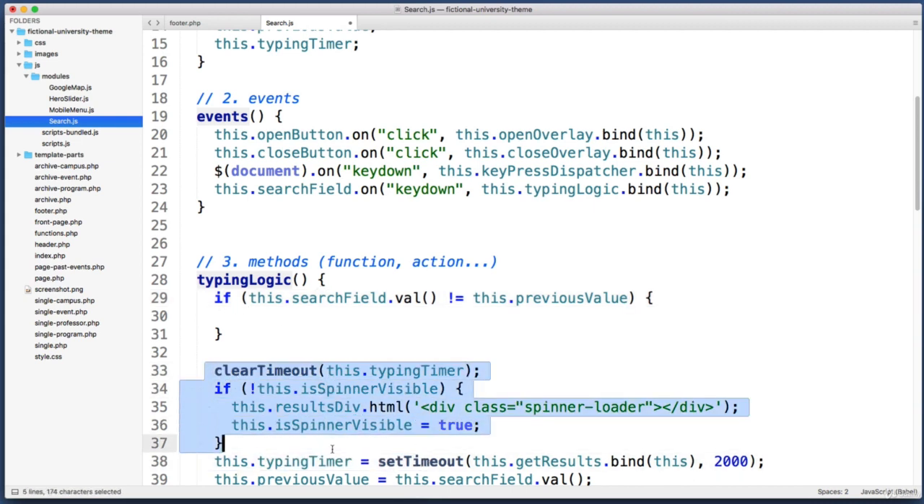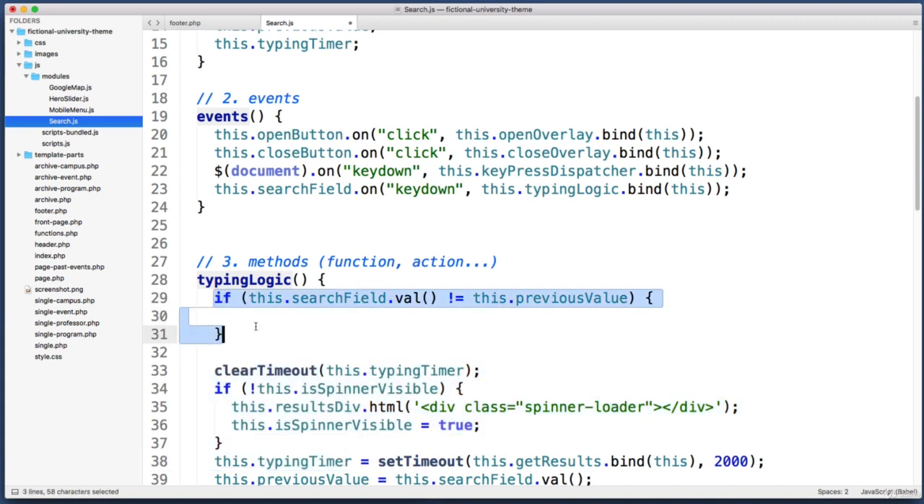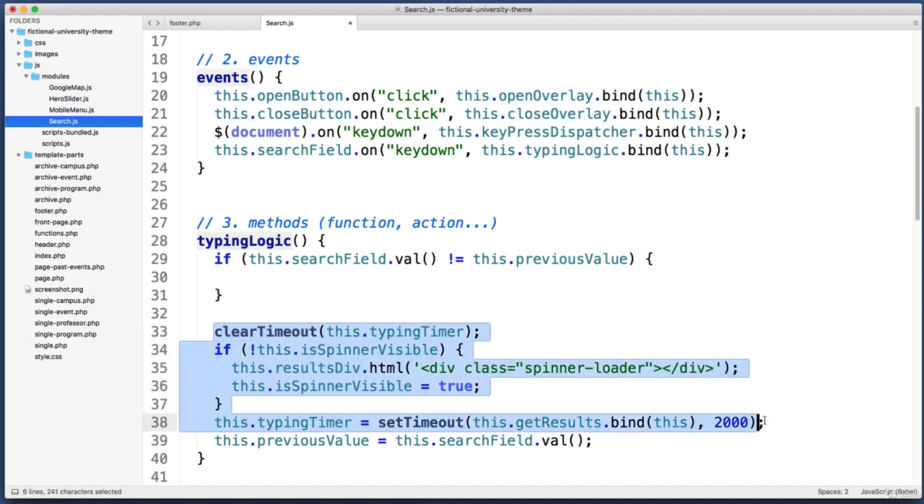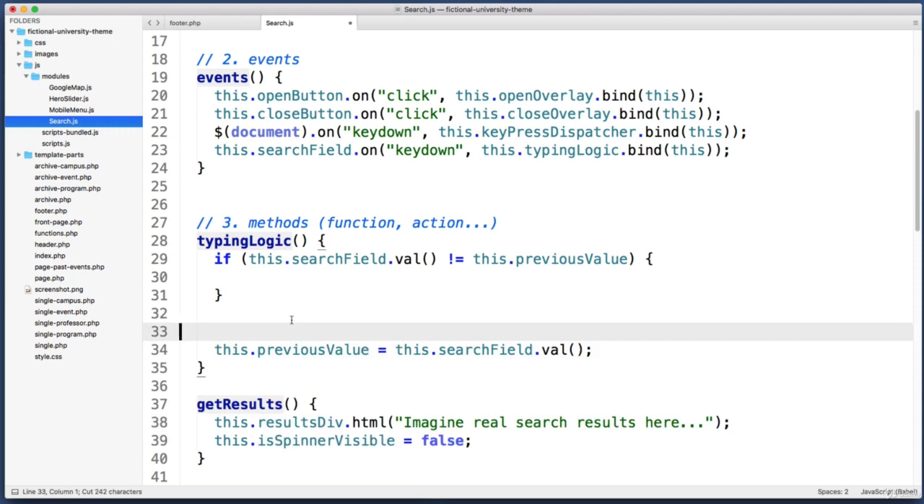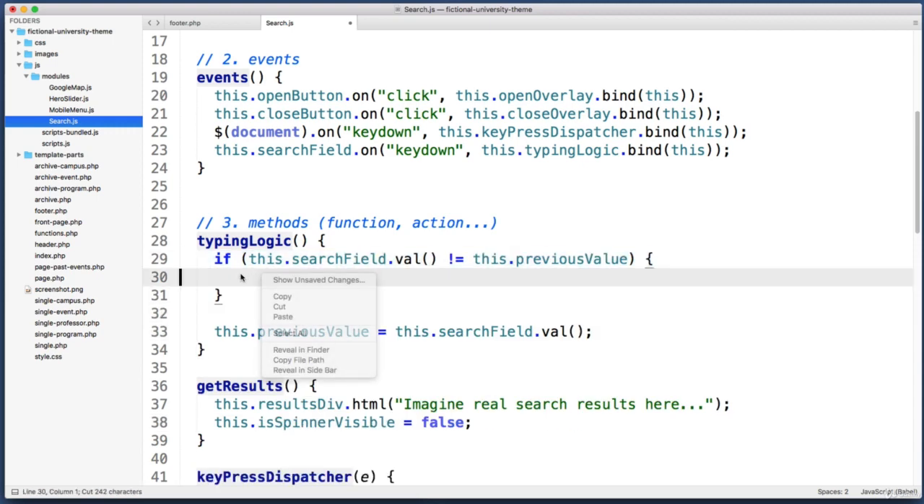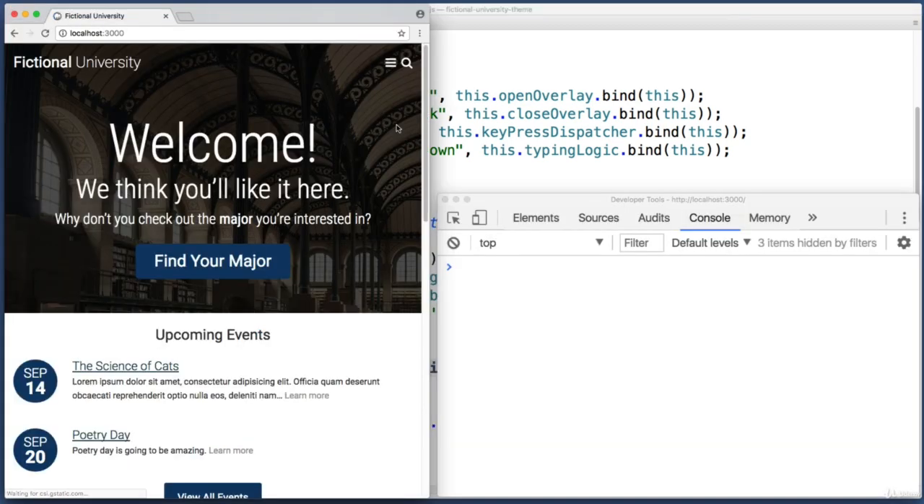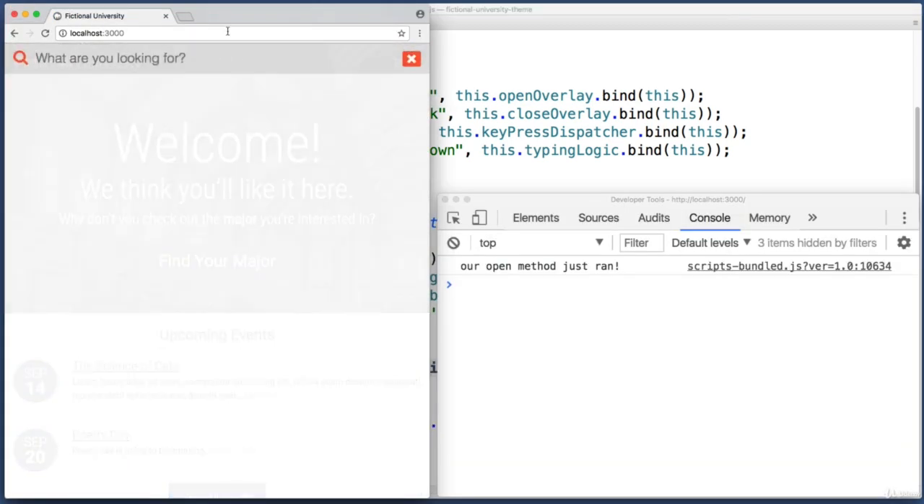So now we can just cut and paste or drag and drop this code to live within this if statement. So I'm going to select from clear timeout all the way down to our set timeout line. So basically everything except that previous value line that we wrote just a moment ago. Let's cut that into our clipboard, and then let's just paste it into this if statement. Okay, let's go ahead and save that and test it out in the browser. Open up the search for biology. Okay, and then if I press an arrow key on my keyboard, whoops, we still see the loading icon,